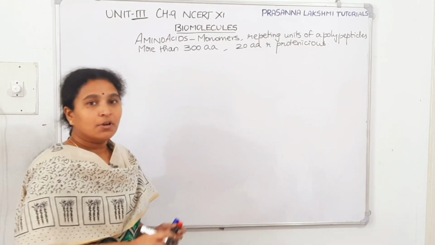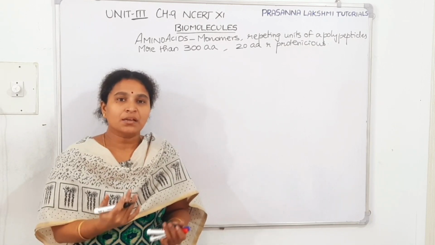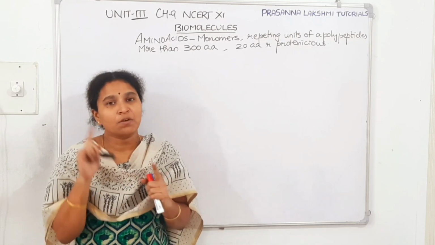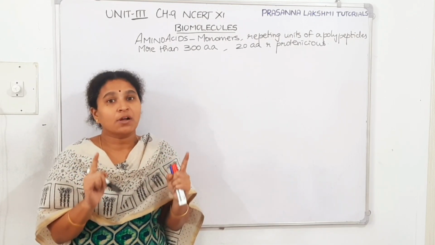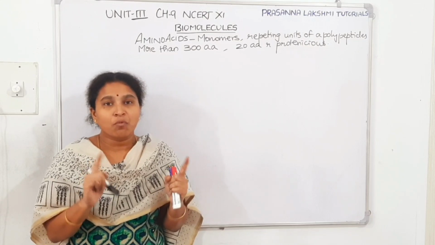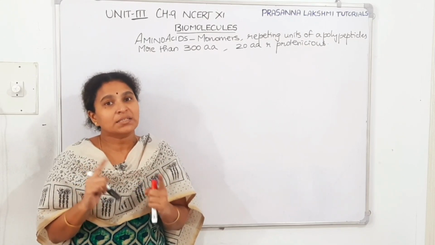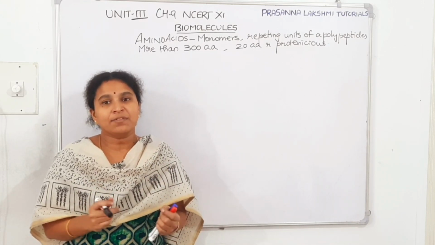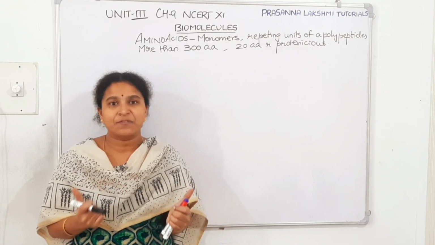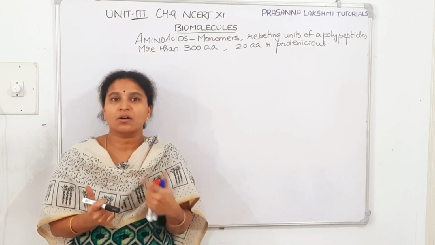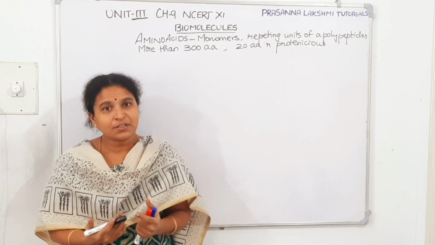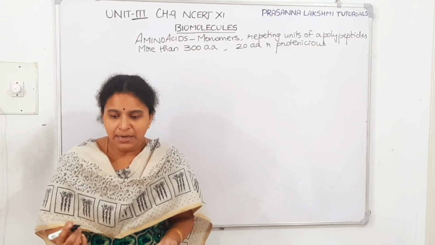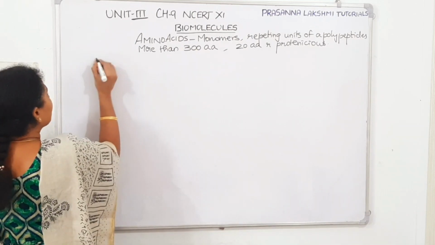Now we will list down all the 20 amino acids. We can classify them basing on their amino groups and carboxylic groups. If they have one amino group and one carboxylic group, we call them neutral amino acids. If they have more than one carboxylic group, they are called acidic amino acids. If they have more than one amino group, they are called basic amino acids. If they have a linear structure, they are called aliphatic amino acids. If they have aromatic rings, they are called aromatic amino acids. If they have sulfur in the structure, they are called sulfur-containing amino acids. So one by one, we'll slowly go. Now let us see neutral amino acids.